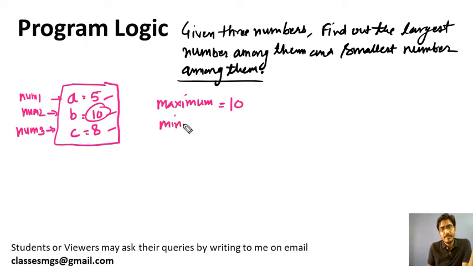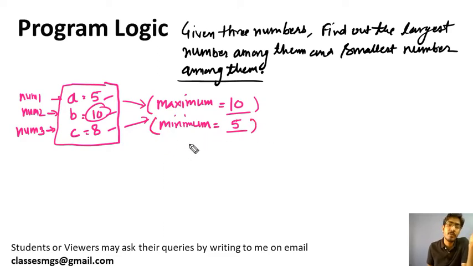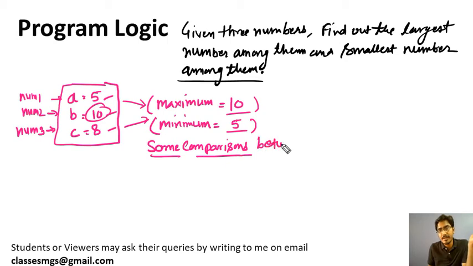And what is the minimum? 5, 10, 8, what is the minimum? Minimum is 5. So by looking at the numbers, you can very easily tell what is maximum and what is minimum. But how will the computer program tell what is the maximum and the minimum among them? For that purpose, the computer needs to do some comparisons between numbers,